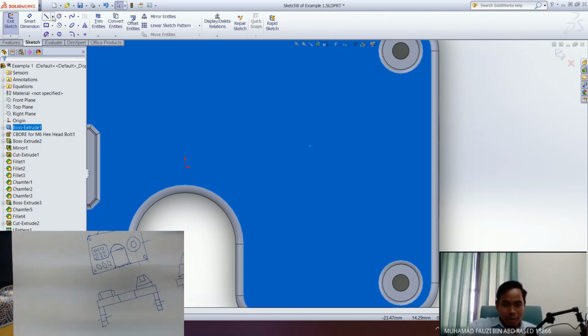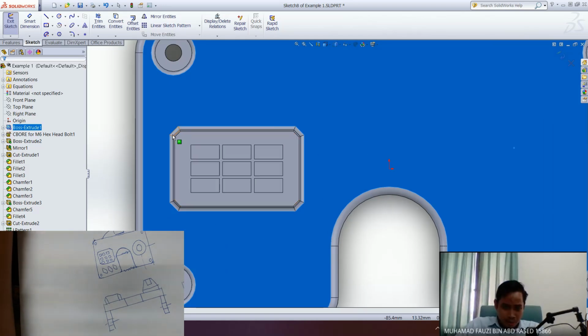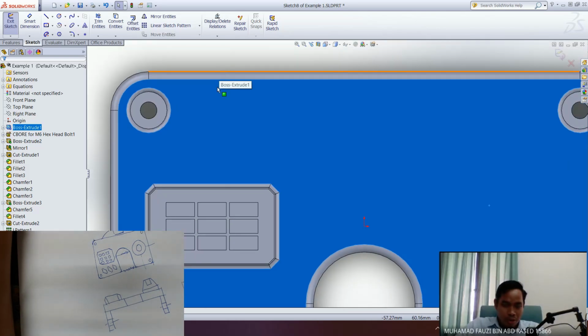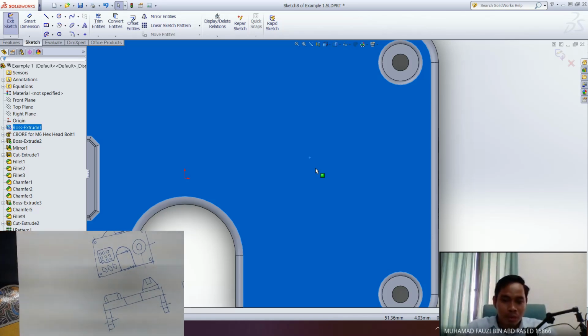And then of course, just now I made this rectangle. I just made a rectangle sketch, and then I assigned the dimension from the center of the rectangle to this edge, and the same goes to this edge. This is one technique for you to make the parts. However, I will show you another technique for how to make that. I consider this quite an important technique,